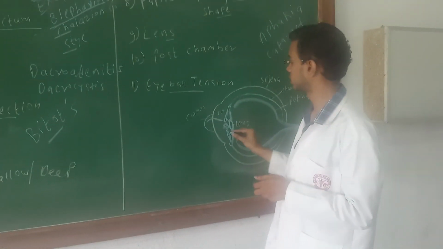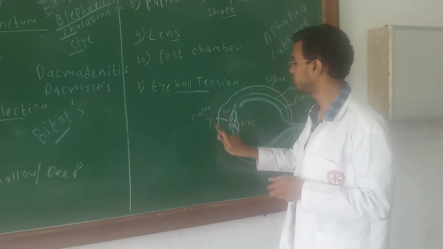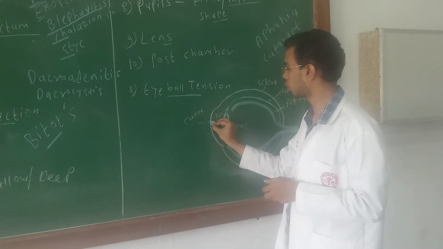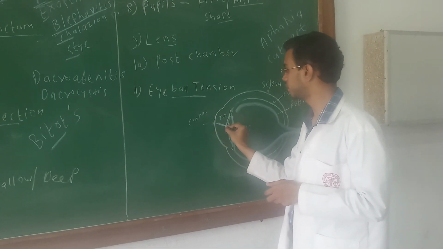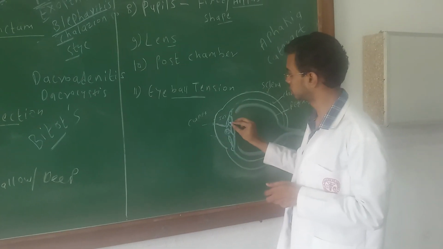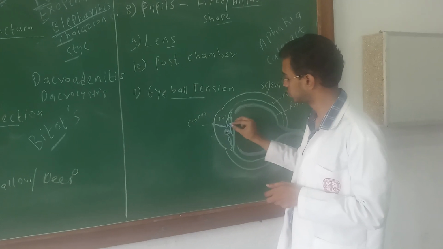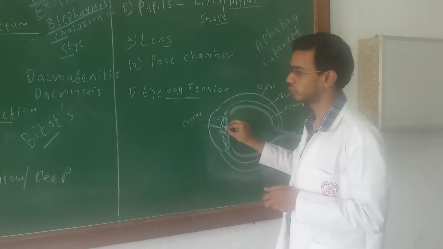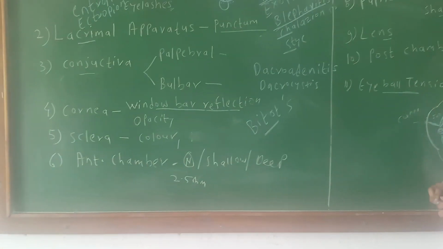The anterior chamber is nothing but the distance between the posterior surface of the cornea up to the anterior surface of the iris. This is called the anterior chamber, while the posterior chamber is the posterior surface of the iris to the lens. This is called the posterior chamber. Okay. Now, anterior chamber, again you have to see